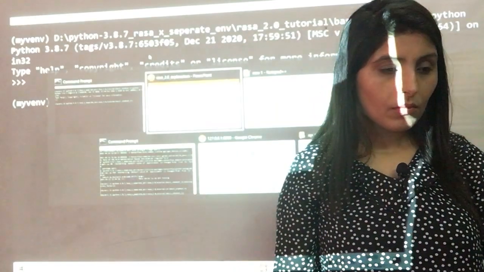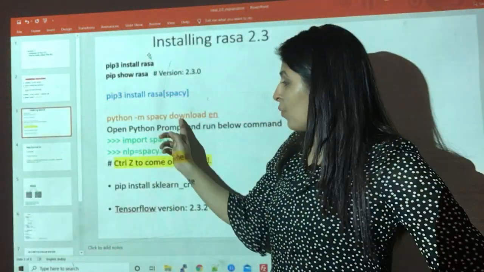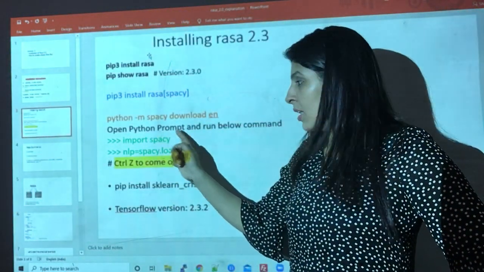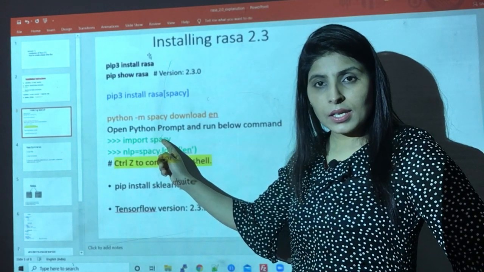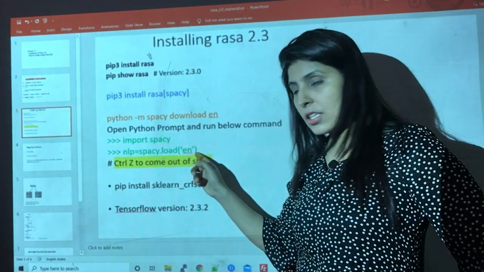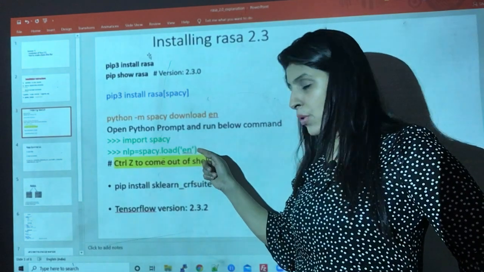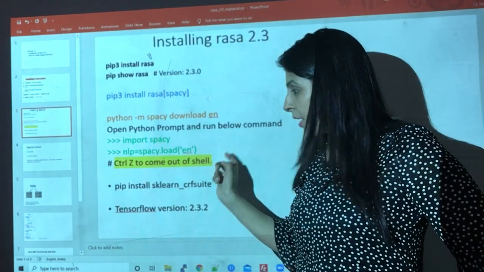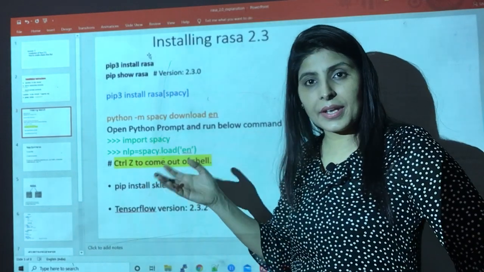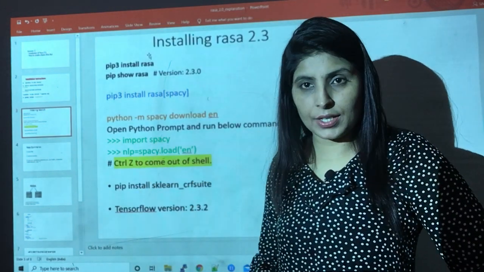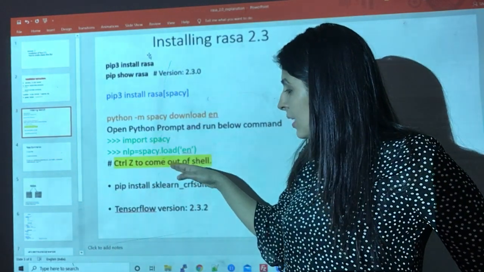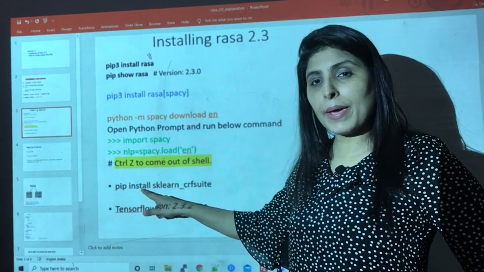Once you enter a Python shell, import spacy, enter, execute this line, right? After that, when this process is completed, you just press Ctrl Z and come out from that particular shell. After that you need to install sklearn_crfsuite using pip install.